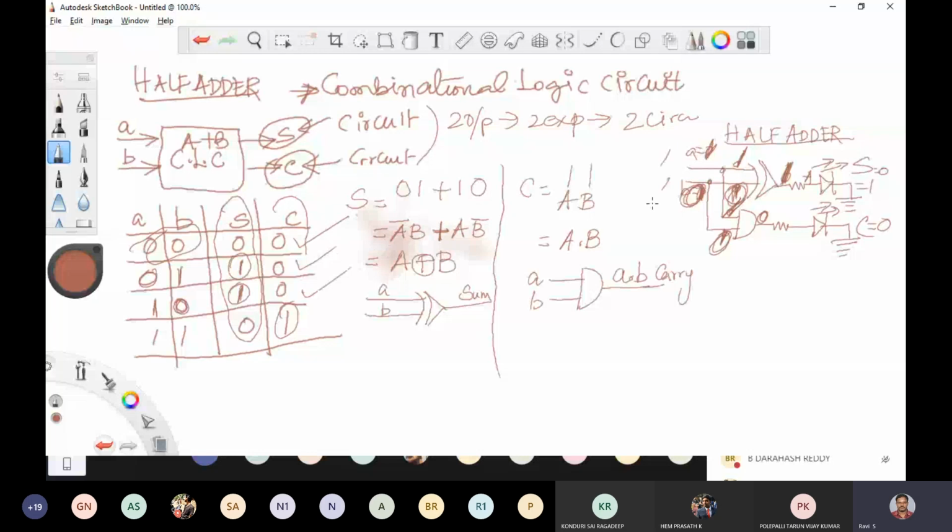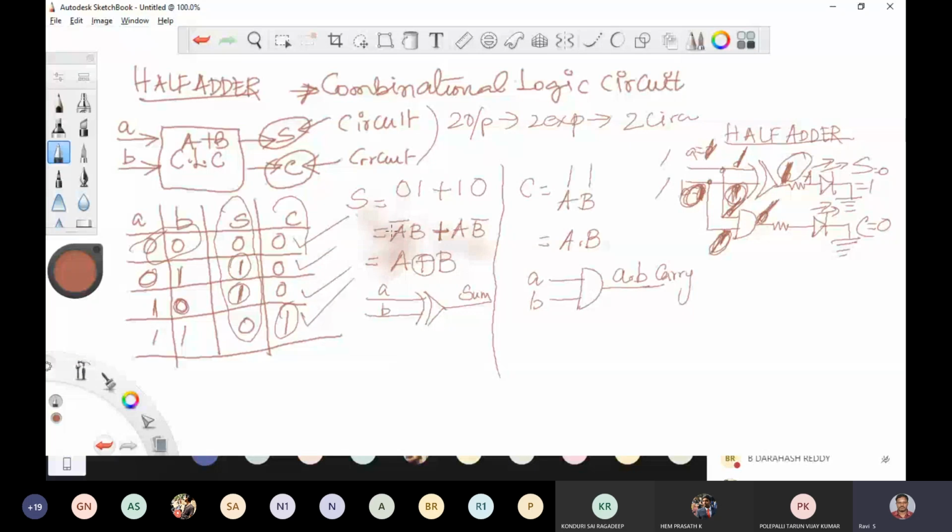Now apply the fourth one, A as 1, B as 1. So exclusive OR logic gives 0. The reason is, when the same input comes, XOR will tell you false. So 1, 1, XOR is false. In case of AND, 1, 1, AND will give you the output as 1, true. So the carry LED will glow, since it gets max voltage in the anode section. So carry becomes 1.